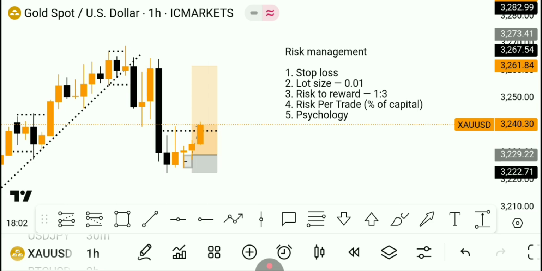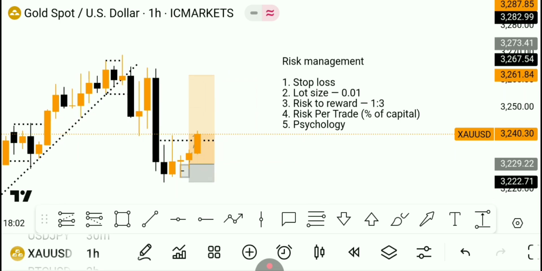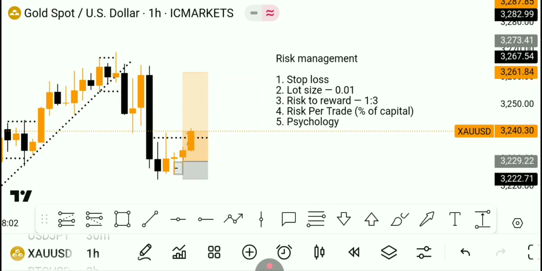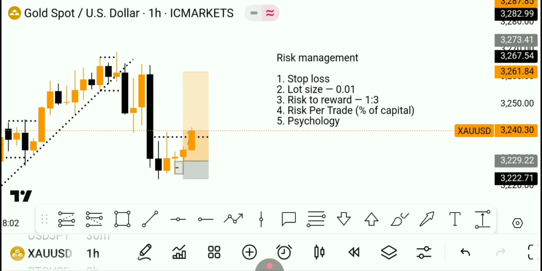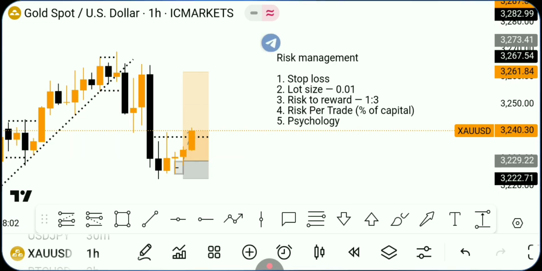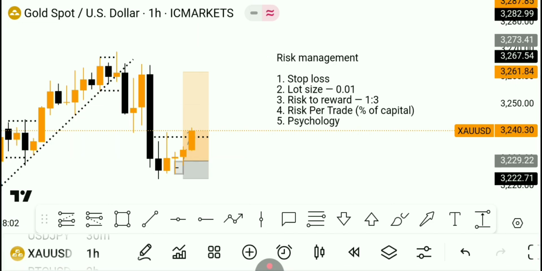Your risk per trade. How much are you willing to risk on a particular trade? That's the percentage of your capital. Mostly I advise that you should not use more than 1 to 2% of your capital. Then the fifth thing is your psychology. If you are not mentally stable, stay away from the market, because your psychology will affect you and your trading a lot. So now let me go to the charts and explain step by step